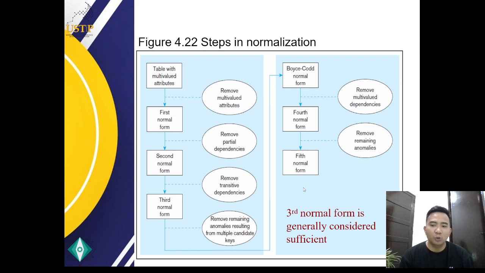You ensure that there are no multi-value dependencies where a non-key attribute is dependent on multiple other non-key attributes. And in the fifth normal form, remove remaining anomalies. This step involves identifying and removing any remaining anomalies that result from join dependency. Usually, the third normal form is generally considered sufficient. Okay na siya, bisan tama na sa third normal form.